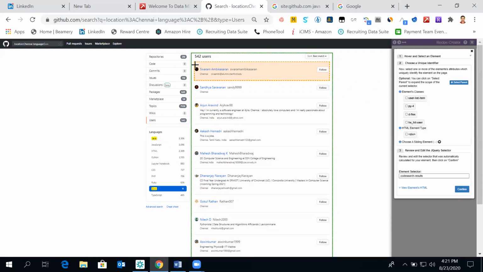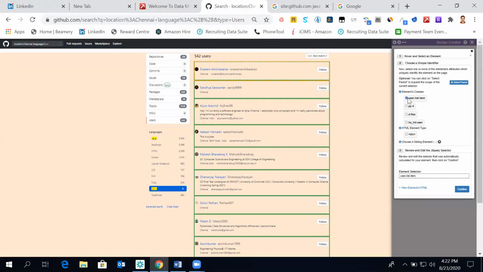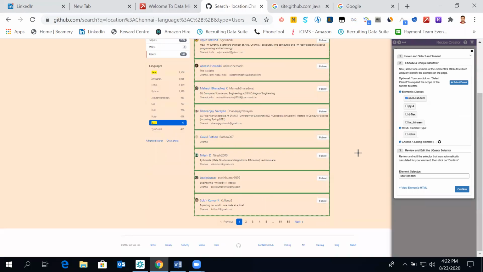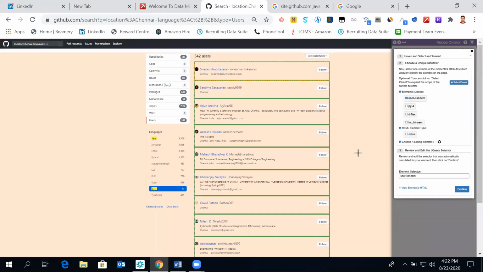Okay, so this has got selected. Now I wanted all the results to be selected from the entire page. So we say user list items. Now all the results got selected. All the 10 results, nothing else, only the results which we want to scrape got selected.